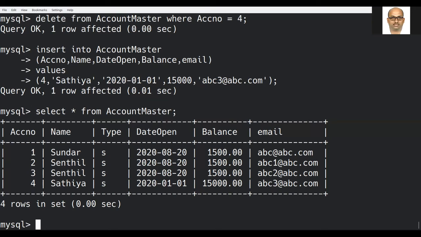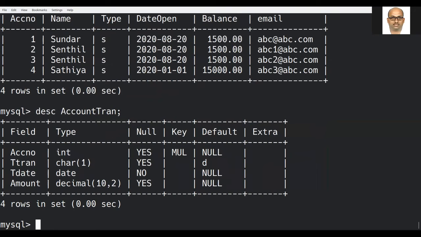The pending one is what? Foreign key. So in order to do that, describe account tran, I think so. This is the name. Yes. So here in this particular table, I am having only 4 columns. This account number column references another table, namely account master.